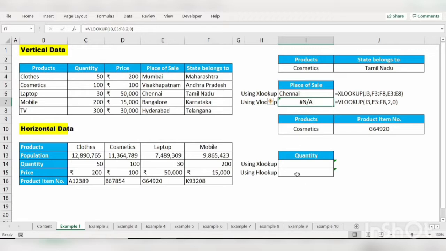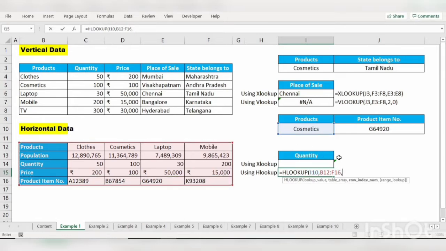Now the same problem we have in the HLOOKUP function. We can search data from top to down, but you can't search data from down to top. For that, through the XLOOKUP function, we can get those data. Let's see the horizontal data and how HLOOKUP and XLOOKUP work. Equal to HLOOKUP, here the lookup value is product, and the table array we are selecting is the entire table.